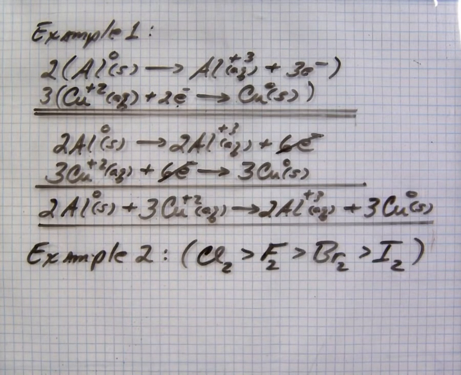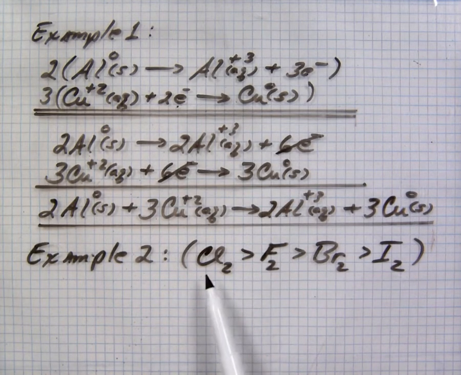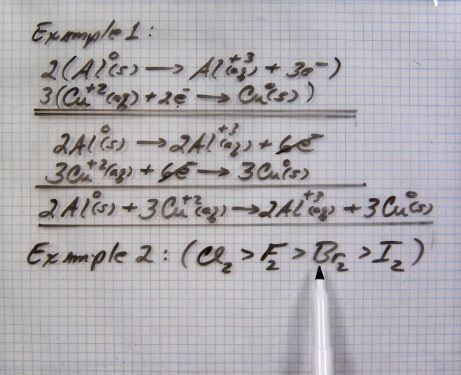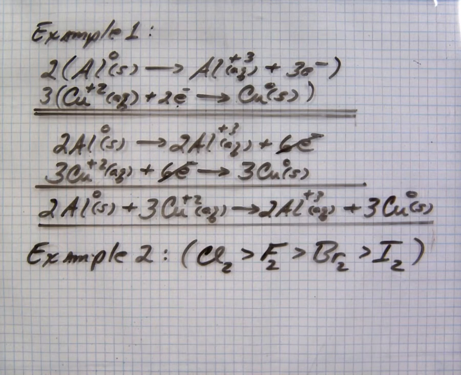The activity series of the halogens follows this order of activity. Chlorine, even though it's below fluorine in the group, is more active than bromine, which is more active than iodine. So chlorine will replace any of the three in a single replacement reaction. Fluorine will replace bromine or iodine, and bromine will replace iodine. And so we can look at that as